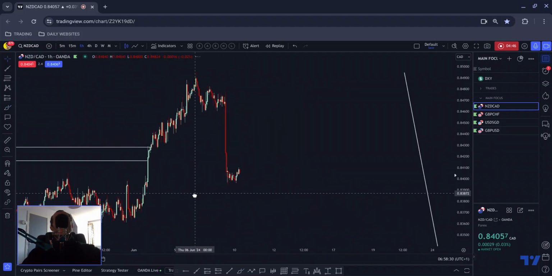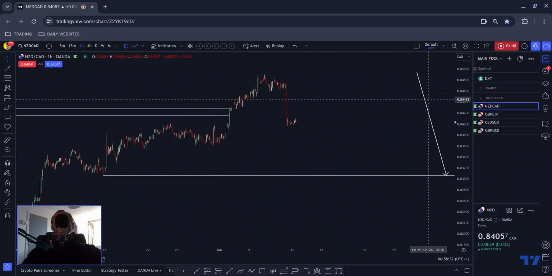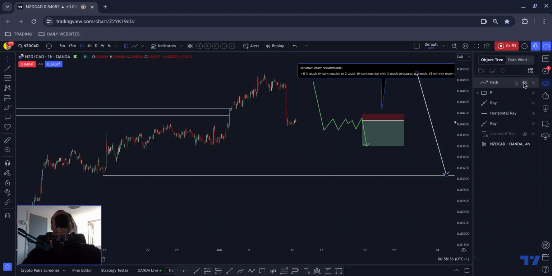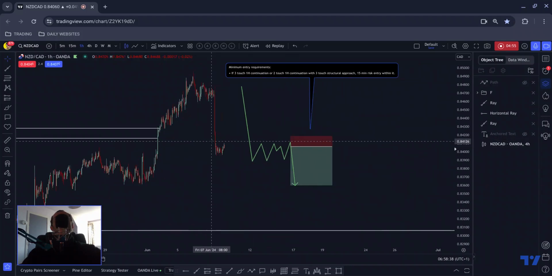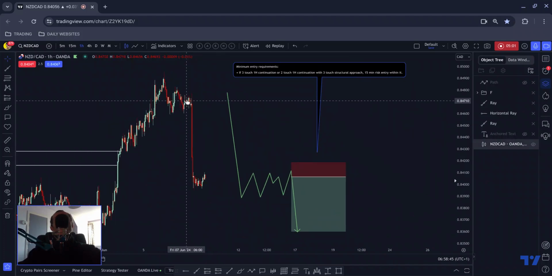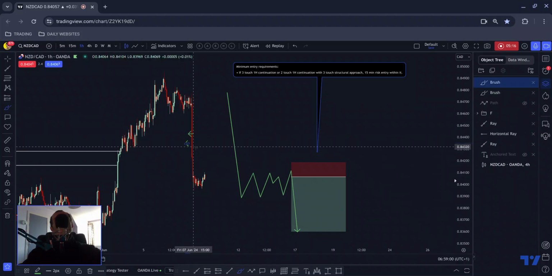So what I'll be looking for from this pair is something like I have described here. I'll be looking for a 3-touch 1 hour continuation after a big drop such as this. What happens is when a big move starts to happen like this, a lot of the people start selling because they fear it's going without them, and many of these people are people without a plan. And so therefore what happens is they just place their stop losses all the way down like that.